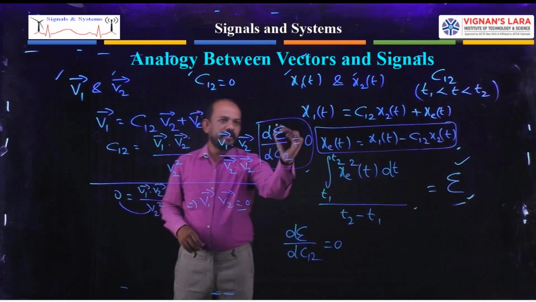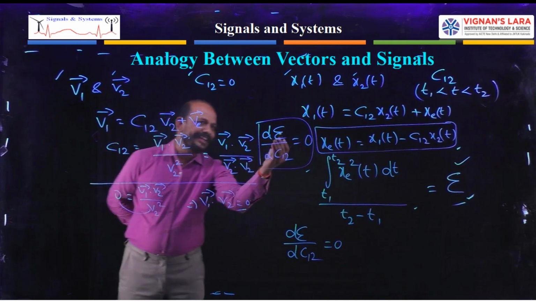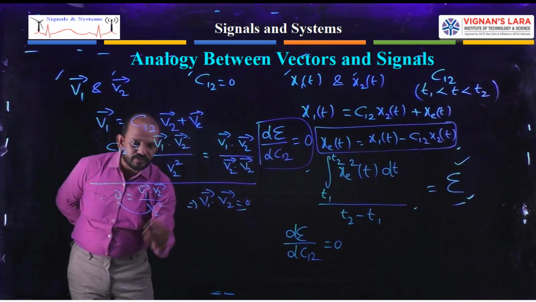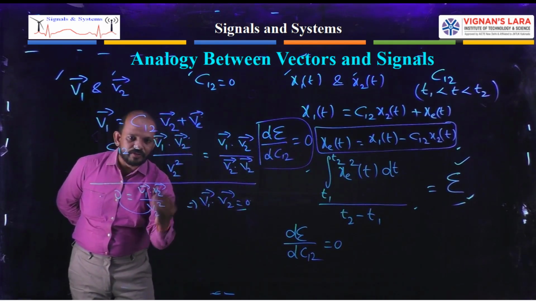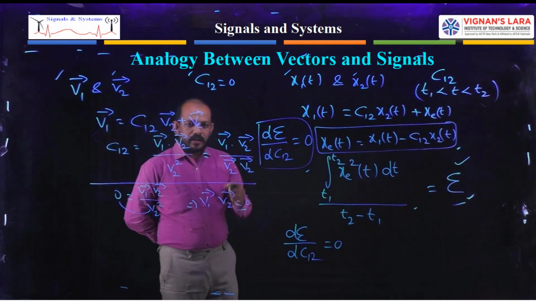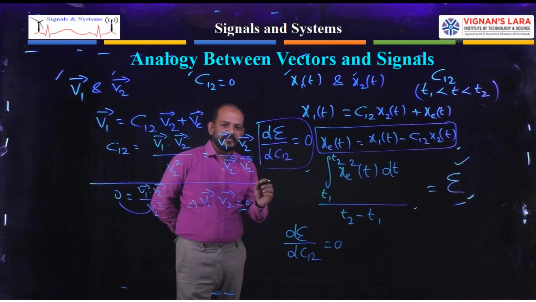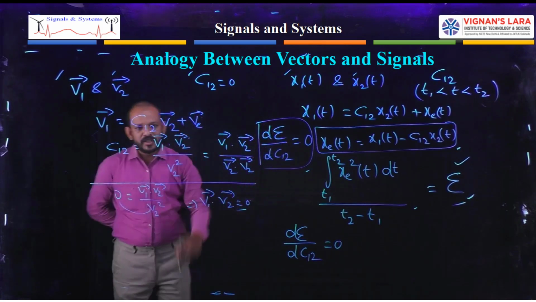Now first I will go for this one. What is epsilon? So you all know that italic epsilon, or you can treat it like italic E, or simply you can go for the mean square of the error. Simply, the average of the squared error, the mean square error of the signal. Okay, mean square of the error.